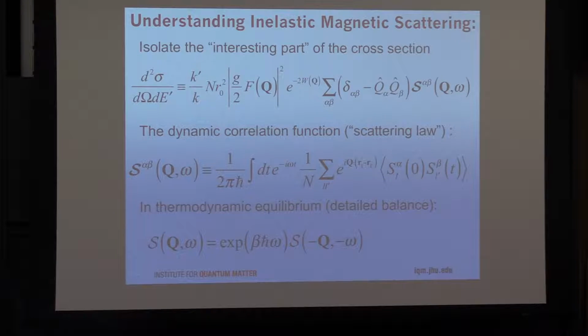This is what it looks like, and for a spin system in thermodynamic equilibrium, it satisfies this so-called detailed balance condition that relates the neutron energy loss processes to the neutron energy gain processes. When we have positive energy transfer, that's a loss process where the neutron delivers energy to the system. When the neutron comes out faster than it came in, we're talking about a neutron energy gain process. And these two parts of the scattering cross-section are related to each other with this factor, which implies that